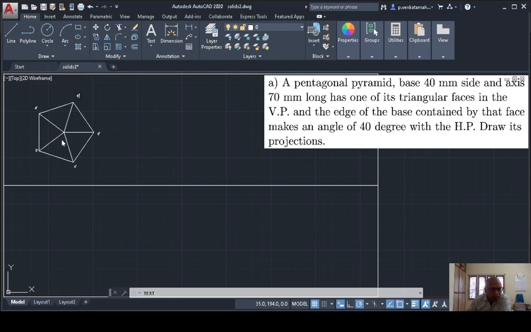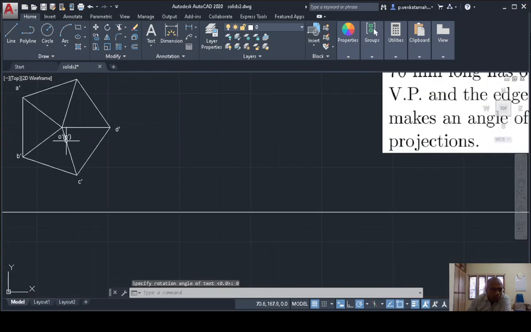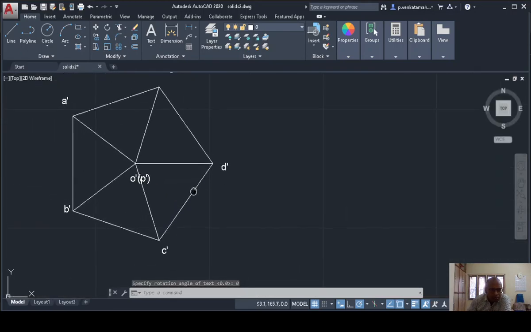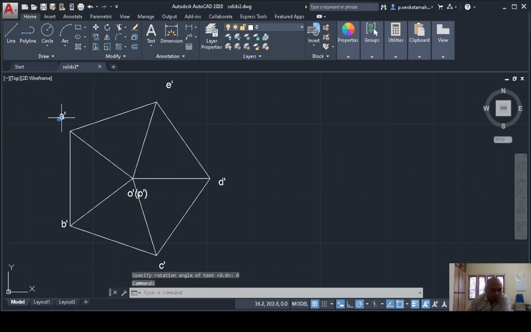And here I have two things. One is apex, O dash, that will be on top, P dash, it will be below. Since it is a front view, I am giving dash for all these things. So you can see here, this is